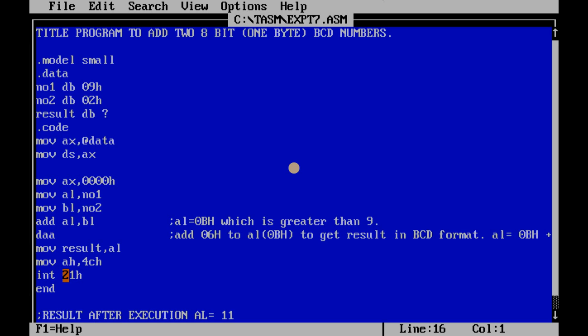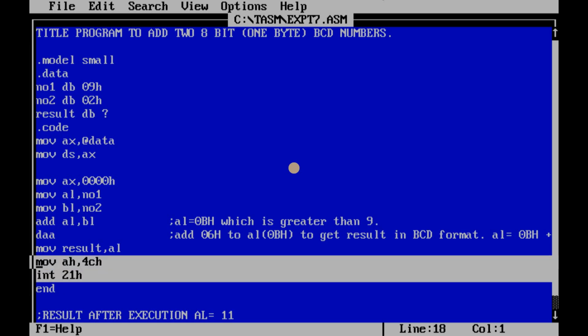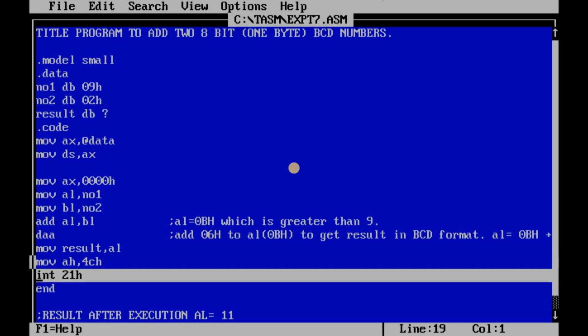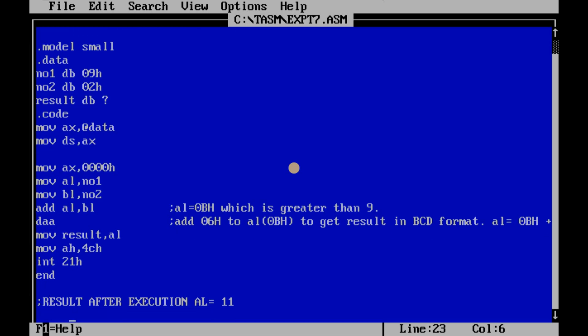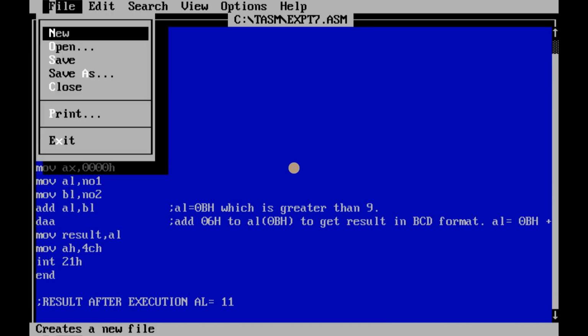With the help of three instructions, we have terminated the program: mov ah, 4ch, int 21h, and end. As the result, you will get the AL content as 11, which we will see now after execution. But first, save the file,